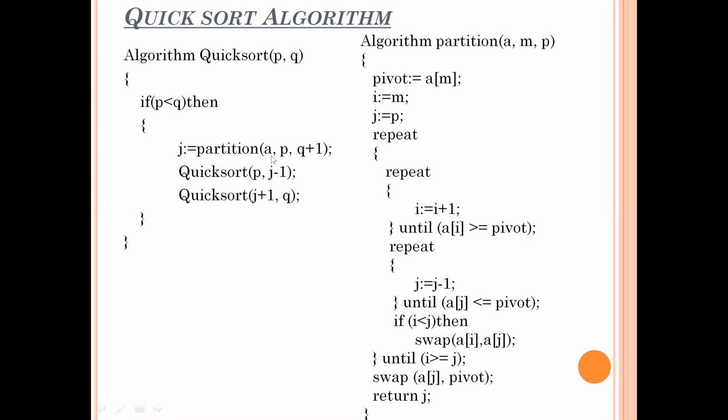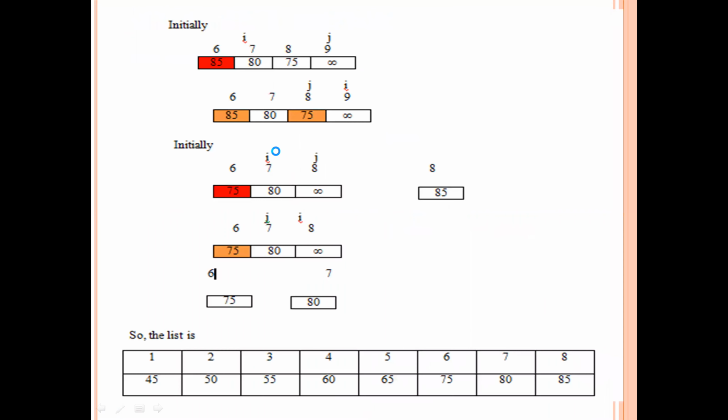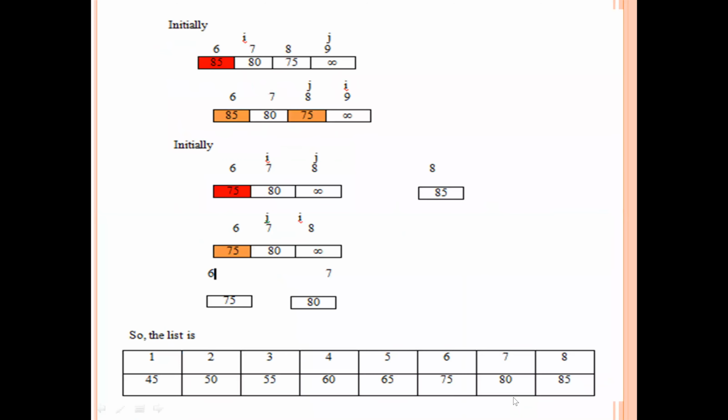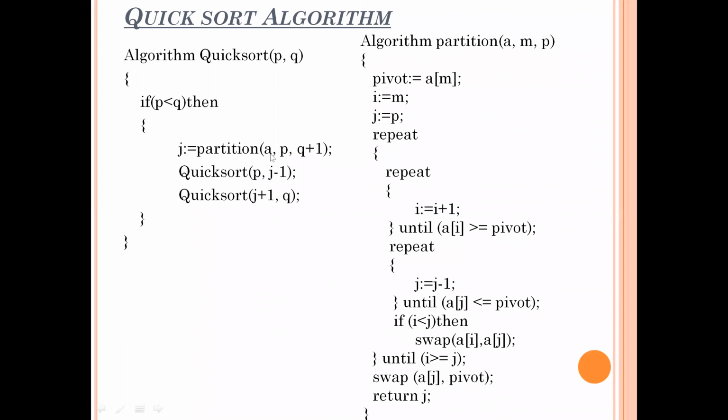So in this partition algorithm, I have shown the iteration. This total iteration is called partition. So why are we saying it is partition? Because here you are getting the J, that is 5, the index 5. If you get that 5, that is the correct position of 65, that is your pivot, then only you can divide the list into 2 halves. So that's why you are using the partition algorithm. So partition of A comma 1 comma Q plus 1 will give you J.